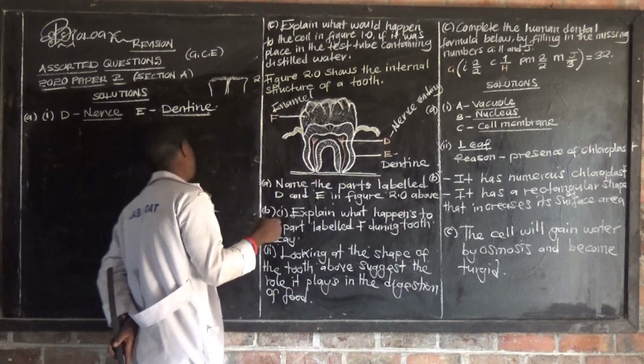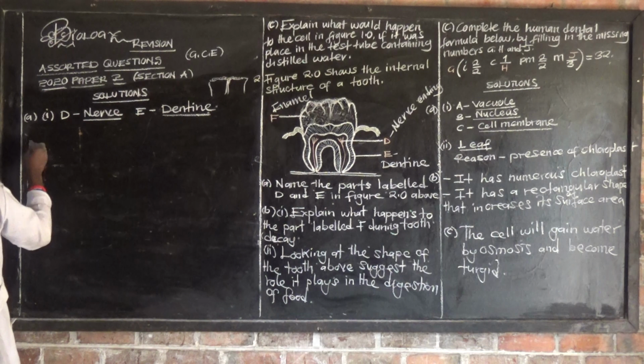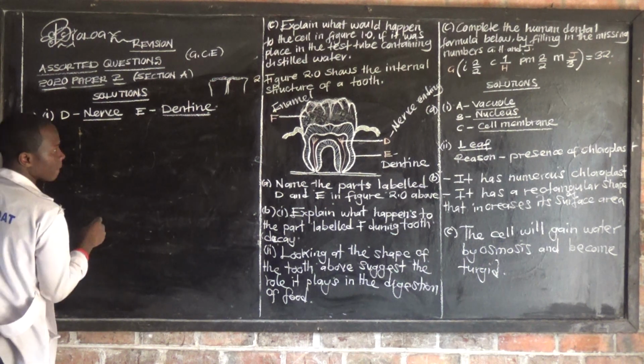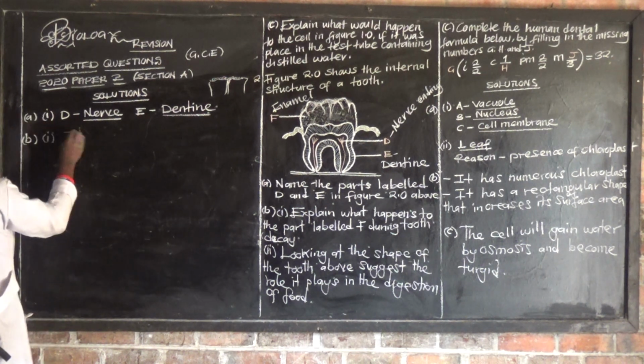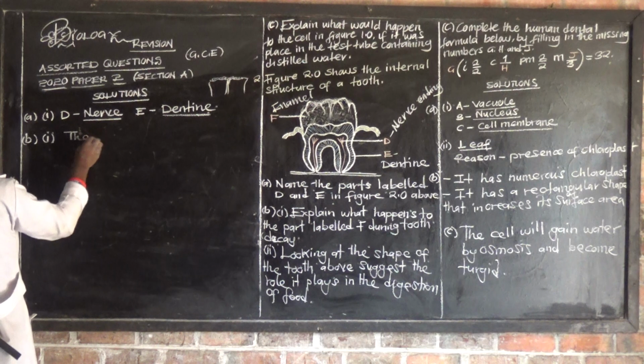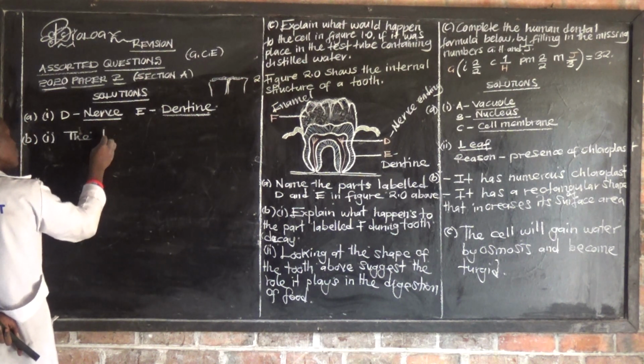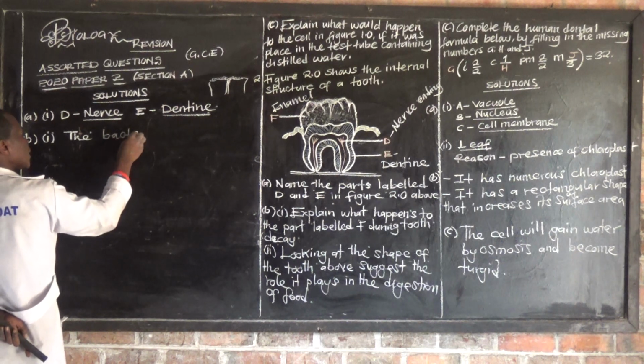So we are saying, let me just write and explain properly. So we say B, Roman numeral 1, we are saying the bacteria